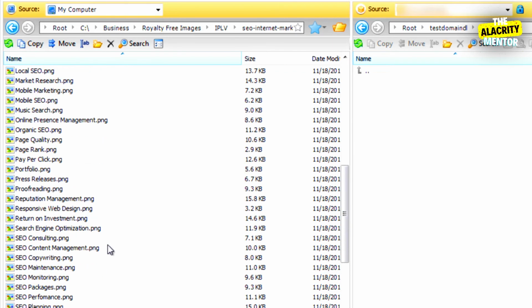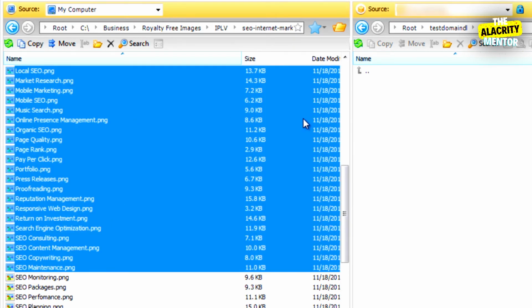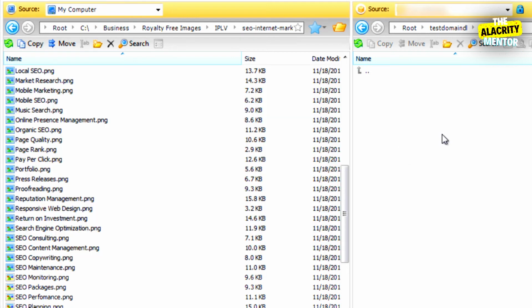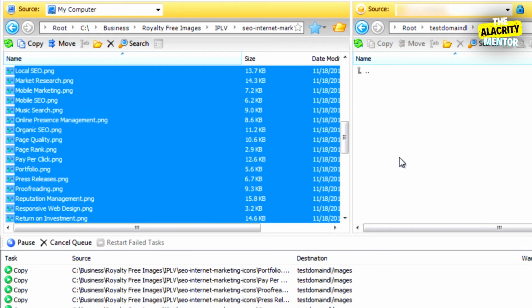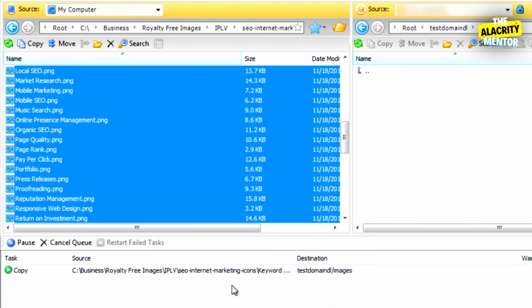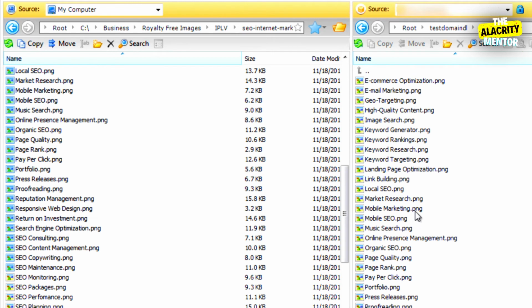Now, of course, when you want to transfer them, you simply click left on your mouse and hold it. You don't let it go yet. You drag it over here and then you let it go. And then it asks, do you really want to copy these files? Yes, I do. And as you can see, the process is being uploaded. That's how fast this system is in uploading. I'm using the multi-part upload option, and as you saw, within less than a second, we uploaded all of these images. So that's how easy it is to upload from the left to the right.